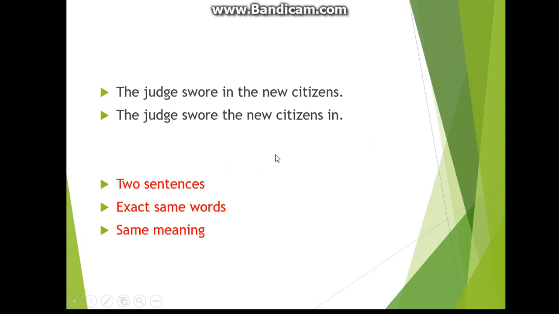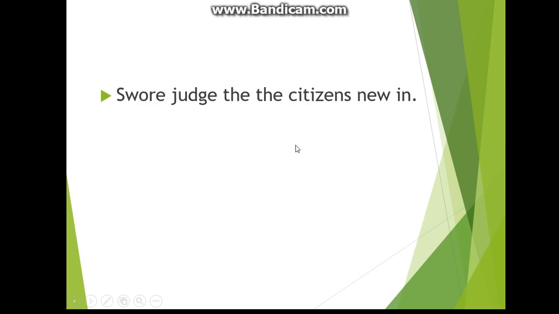We have the same words, but they have a different arrangement, and it is not acceptable in English. If you say "sore judge that the citizens knew in," this is not acceptable in